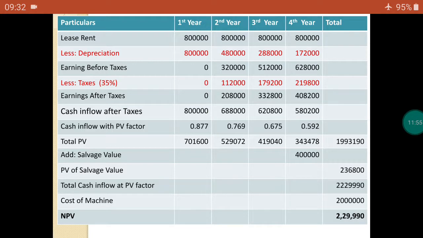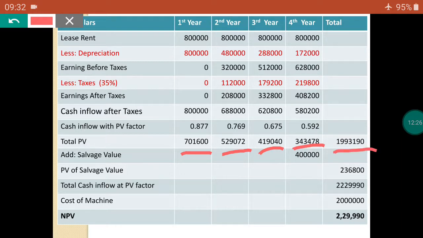You should add 7 lakh 1,600 plus 5 lakh 29,072 rupees plus 4 lakh 19,040 plus 3 lakh 43,478, and you can get total of PV is